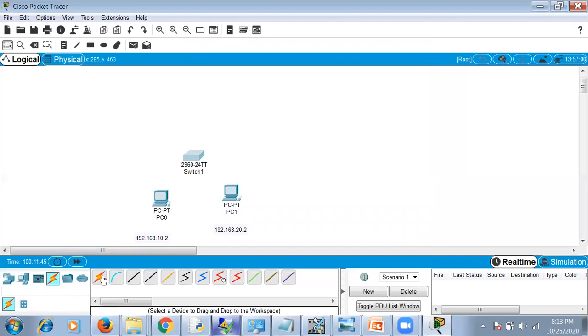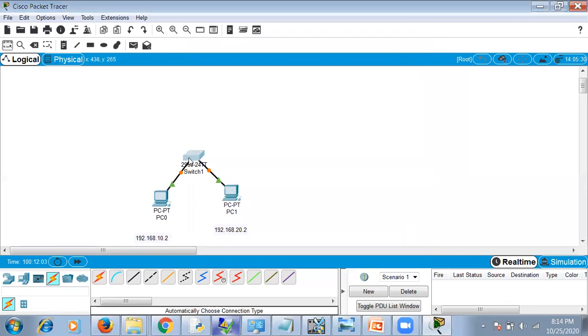We'll add the links to it. Now you can see there is orange color. That means it is not yet set.